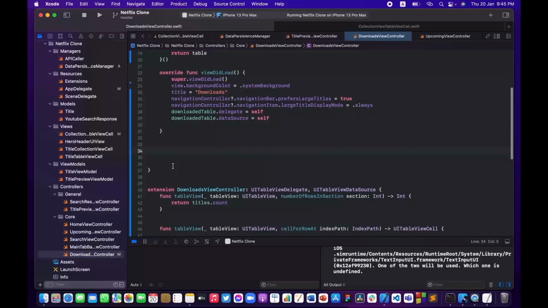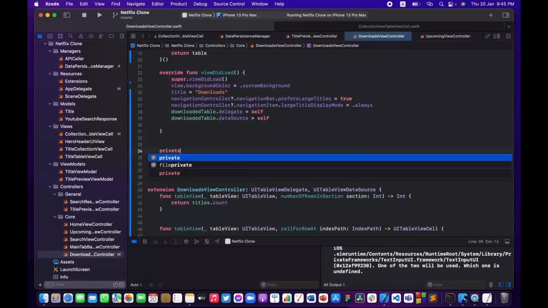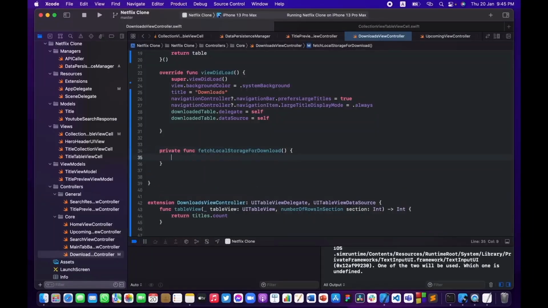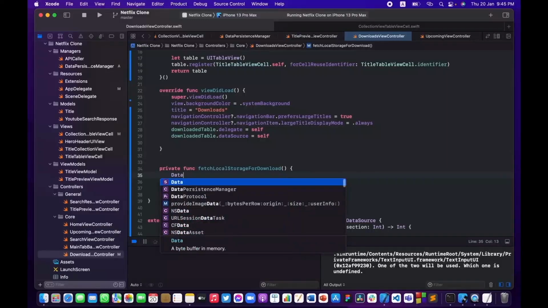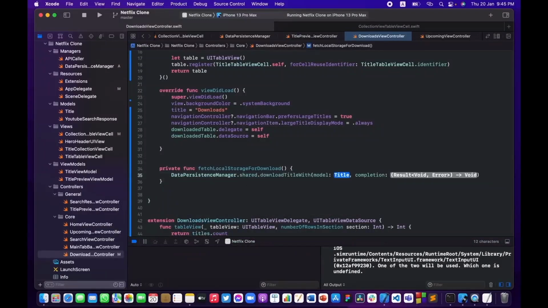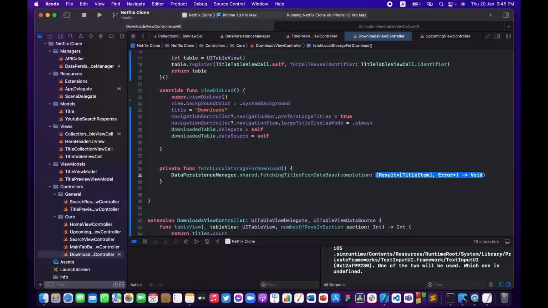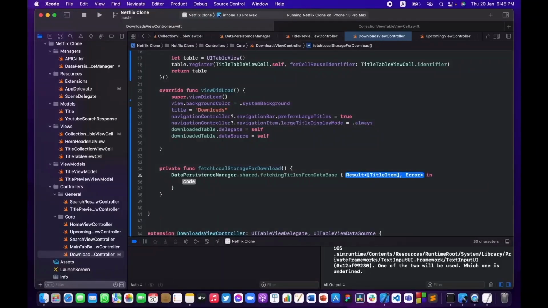a new function. So yeah, basically we are creating multiple functions in this tutorial. So private func fetch local storage for downloads, and that is a mouthful name for a method, but you know, it's pretty much describing what it does. So let me just say data persistence.share.download. No, not download, actually. I'm just going to fetch, or basically fetching titles from database, and when you get the result, I'm gonna be